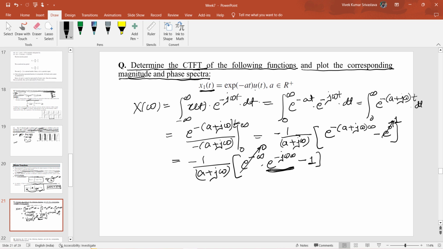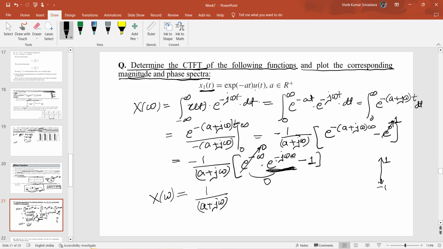Okay, and at infinity its value varies from -1 to 1, but it can be anything. Between -1 and 1, so we cannot exactly predict the value of this term. However, the multiplication of these two will result in 0. So that's why the overall Fourier transform of this signal is nothing but 1 over a plus